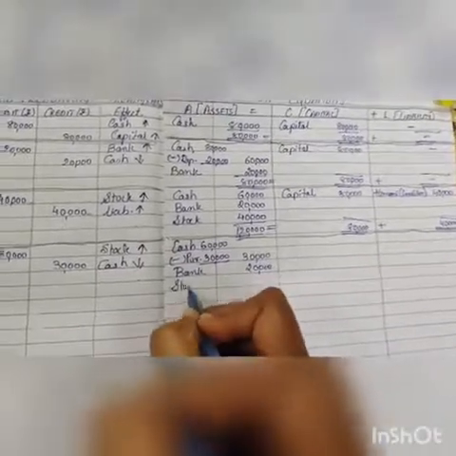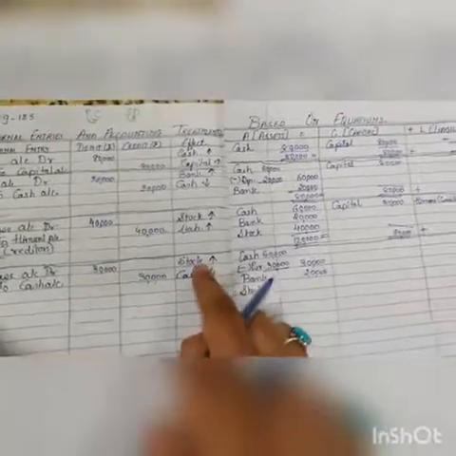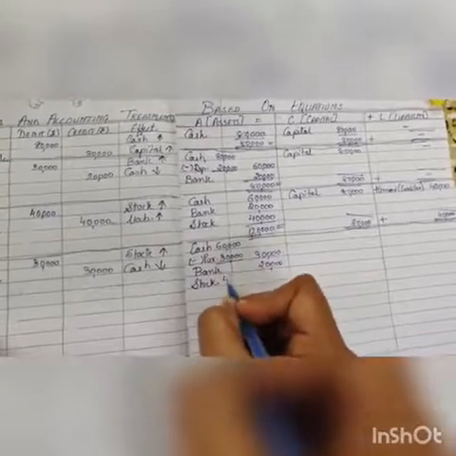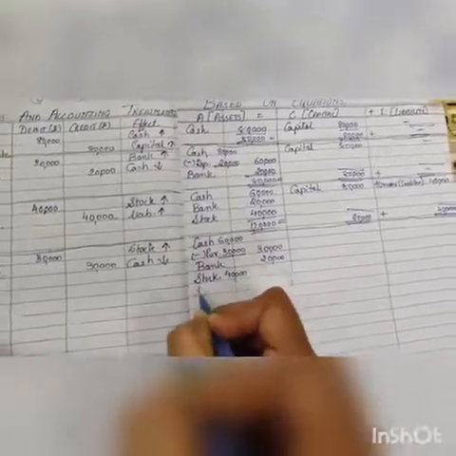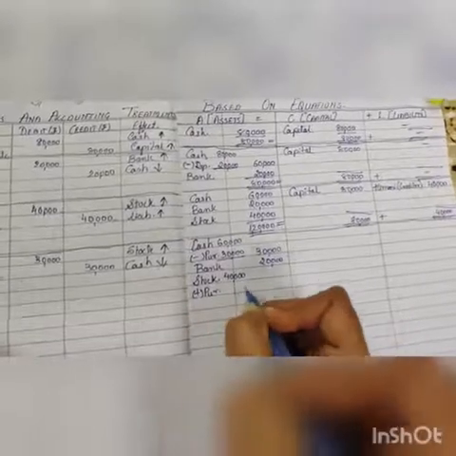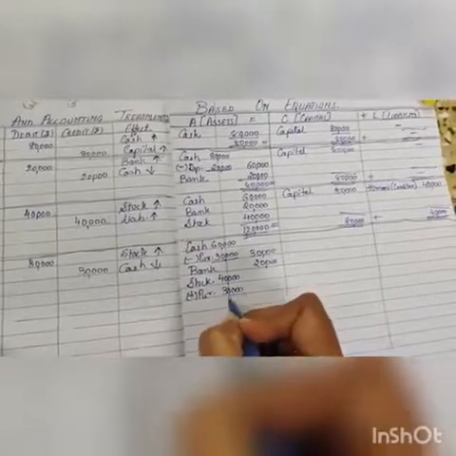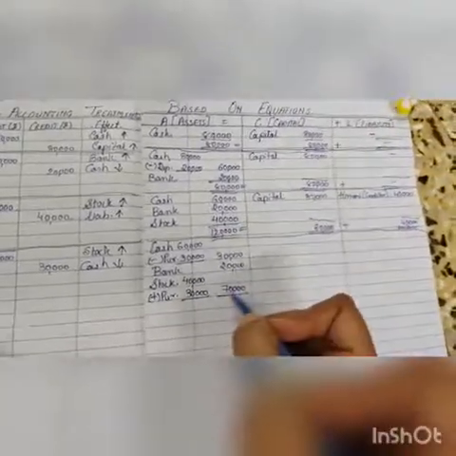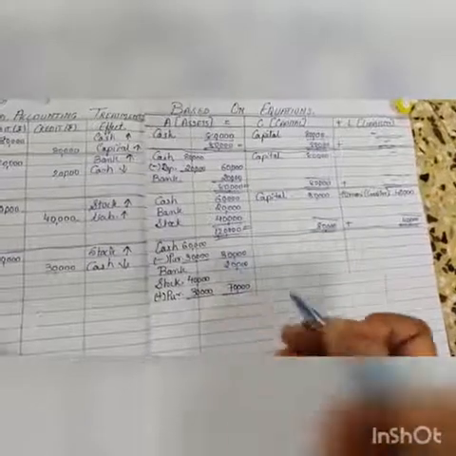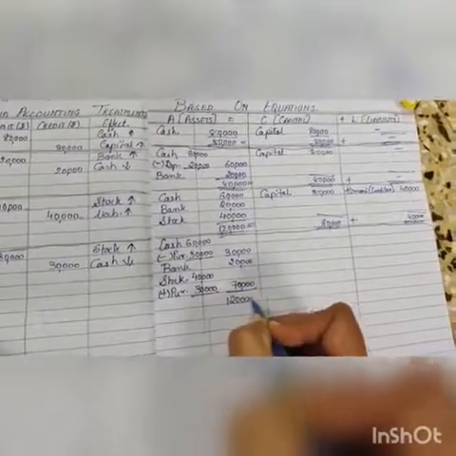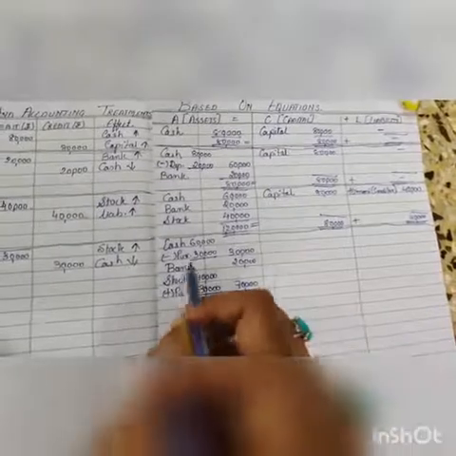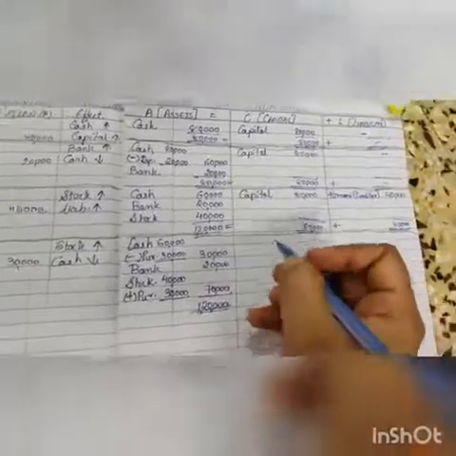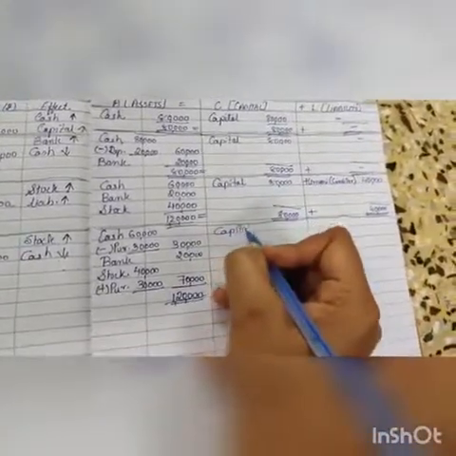And stock, see, now you have purchased the stock. You have purchased the goods, so stock is increasing. Stock is how much? 40,000. So first you write stock 40,000 plus you have purchased 30,000. Now what will you get? 70,000. Now see what total you are getting: 7, 8, 9, 10, 11 and 12. So again 1,20,000, the same. Why is this the same? Because from here you have deducted 30 and here you have added 30. So you will get the same total. Here nothing is coming, so no effect is coming.